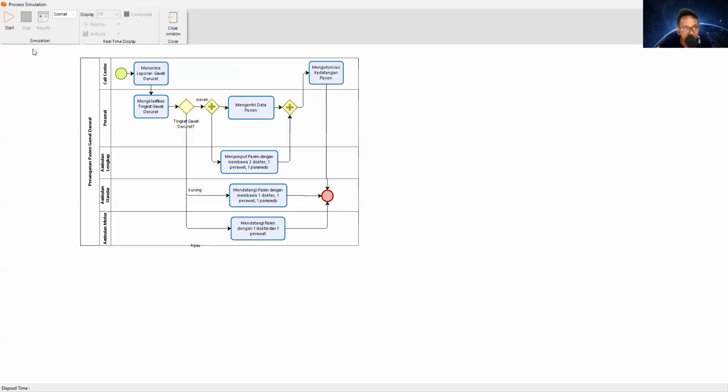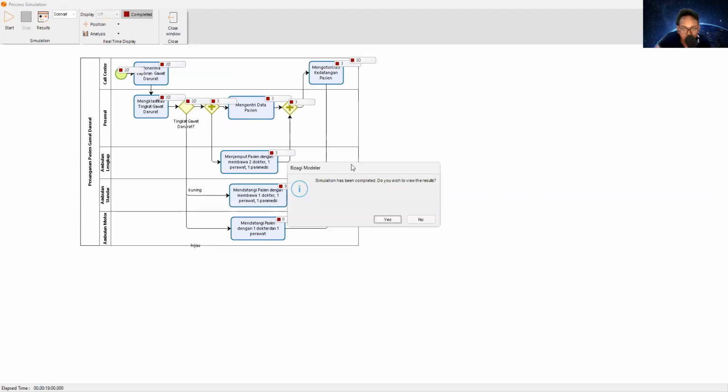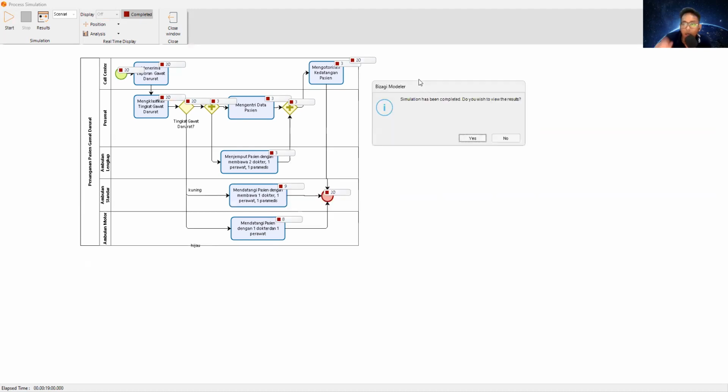If you click run, click start. We check. This session is going through correctly if the start event and the end event are the same.